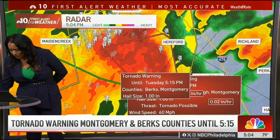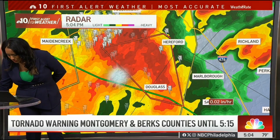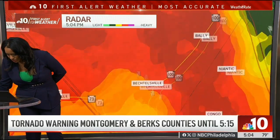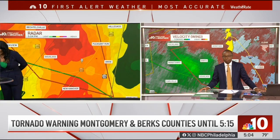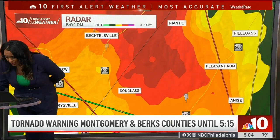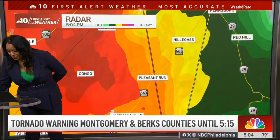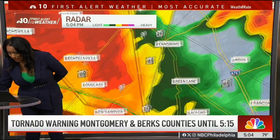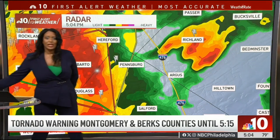Looks like my computer is freezing a little bit, but I do want to show you exactly where some of these neighborhoods are, if we can get in street level, that are included in this particular tornado warning. Areas like Pleasant Run, New Hanover, it looks like Brookview. So any of these neighborhoods, if you're in this red box here, and we know that this is moving to the east at now 25 miles per hour, you need to continue to enact your safety plan, even if you're